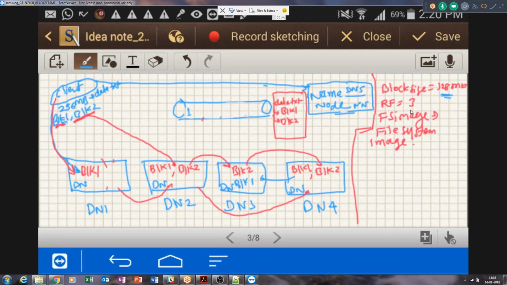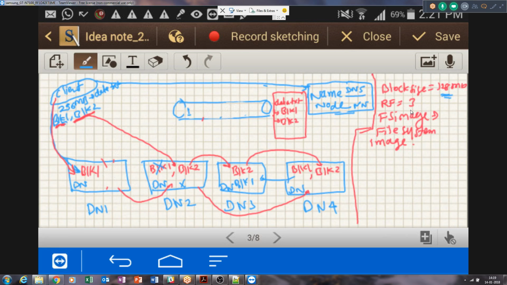What will happen now? The name node will again come into action and ask one of these data nodes to delete its extra copy of block 1. So let's say it asks data node 2 to please delete the copy of block 1, and it will just be deleted. Again you are back to a replication factor of 3 for block 1. This is how it is managed, and this is how it is fault tolerant. You should not over-copy the things, and you should not under-copy them.